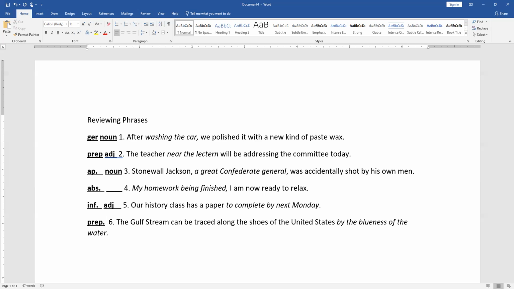Right. So yes, Thomas is right. It's an adverb. The Gulf Stream can be traced along the shore because it's telling you where it can be traced. The next one's what? Oh, to go. It would be preposition, except it's got a verb right after it. So it's not. So number 7,